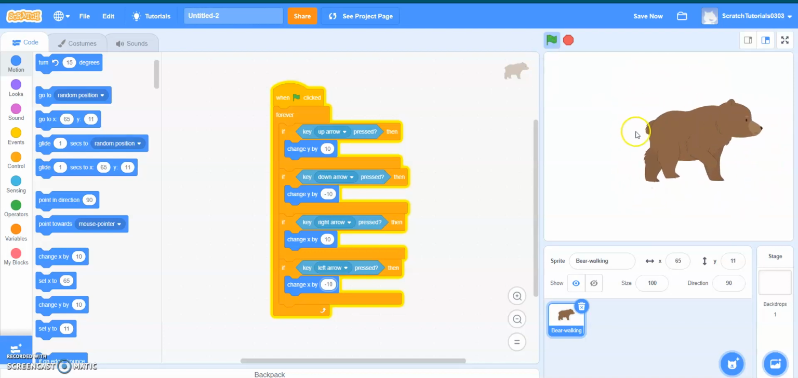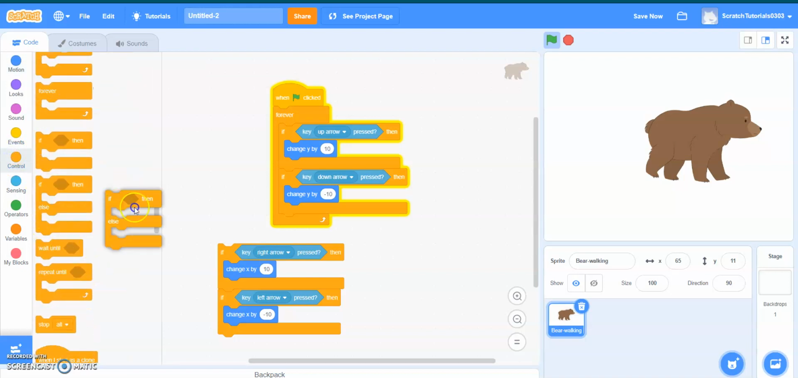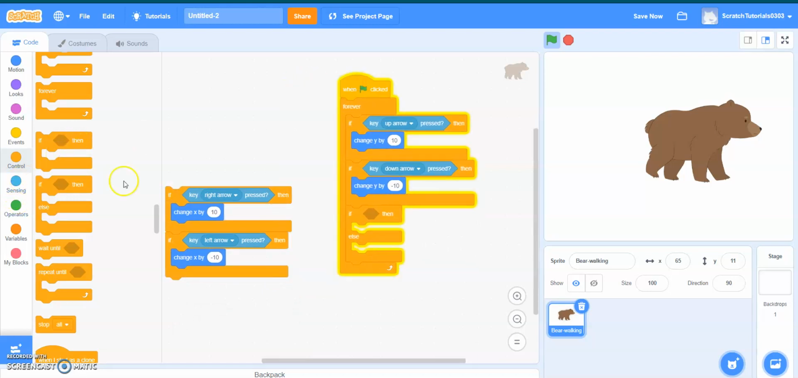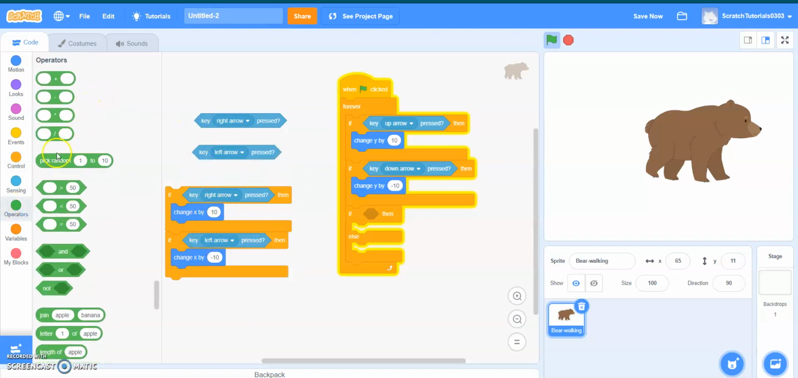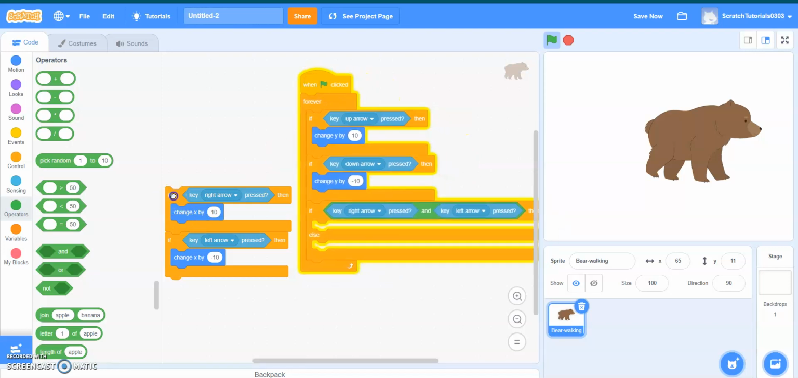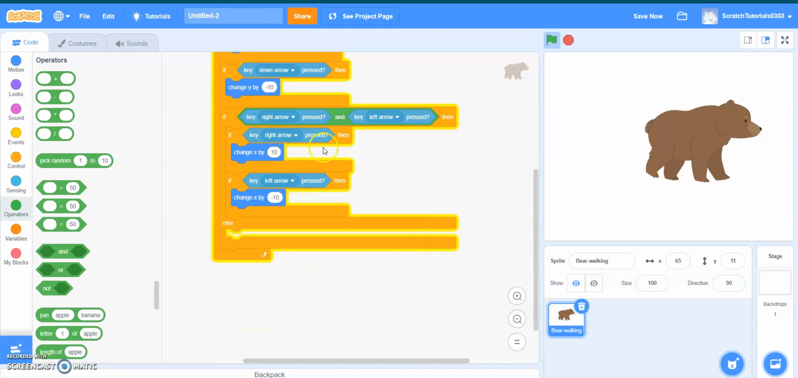Now to give some personality to the bear, we're going to start off by removing these two here and bringing in an if-else block. Then we're going to duplicate this and bring in an operator. We want to do an "if a key, right or left, is pressed," we want these things to happen. So we're going to start off by saying if your right arrow is pressed, you want